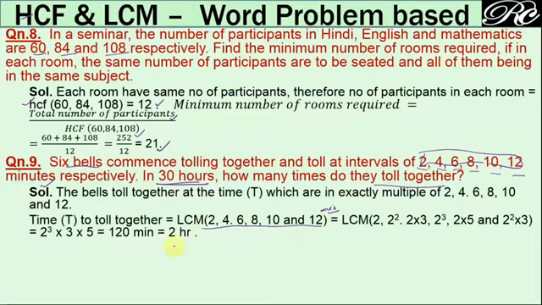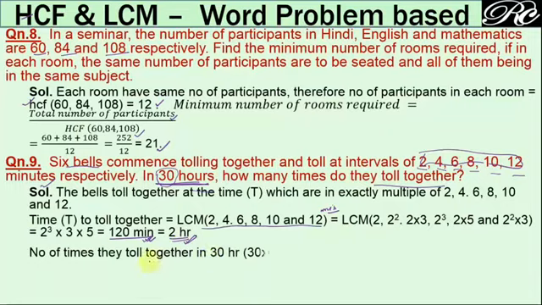So the LCM of all these is coming as 120 minutes. This may be converted into hours, it becomes 2 hours, because here the number of times they toll is given in hours. So we may convert it into hours, or this 30 hours may be converted into minutes, then taking the ratio with this minute. Therefore, the number of times they toll together can be obtained by dividing the given time of 30 hours by the time when they toll together.